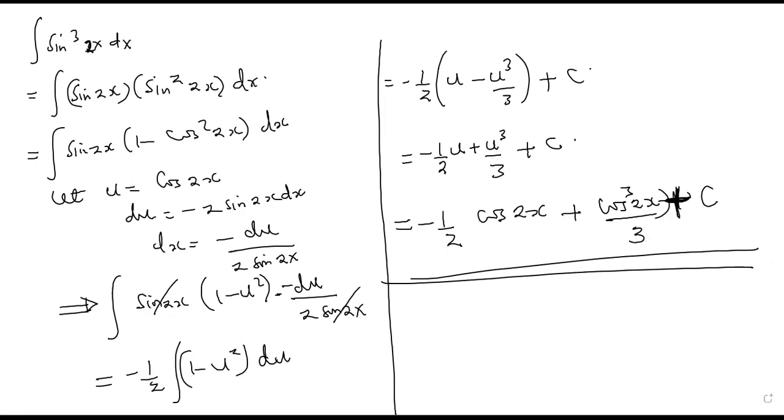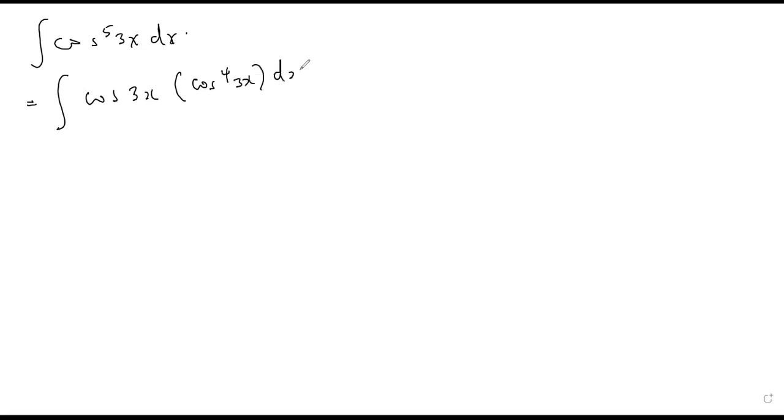Let me do the last question, or rather the second last, so that you master this work very well. If we integrate cos power 5 of 3x dx, one can say that this is the same as cos 3x times cos power 4 3x dx, which is the same as the integral